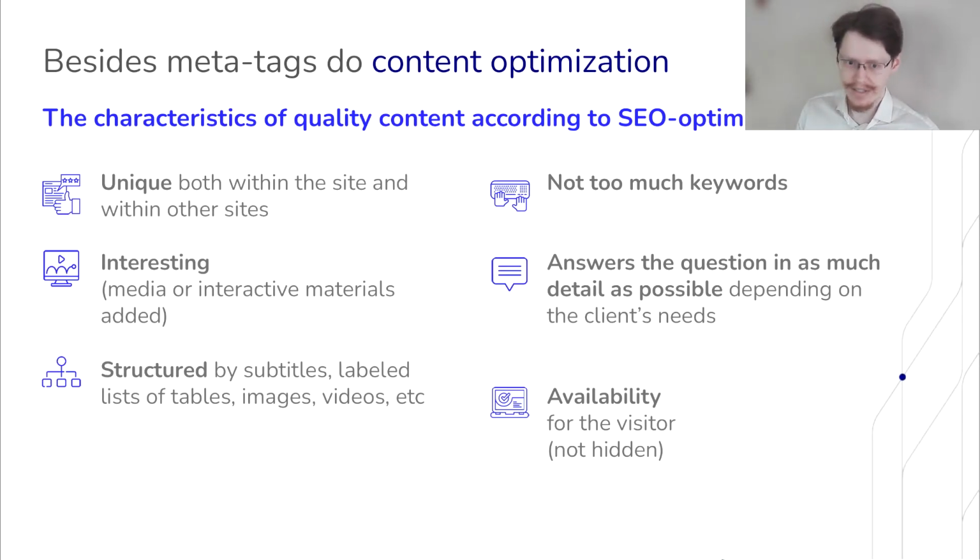And availability. So it basically refers to whether your page or some pages are hidden. This is also very important. Google generally does not like it, and he probably will try to apply his nasty sanctions against those pages. So open up all of them.